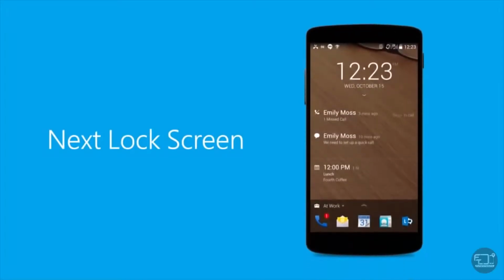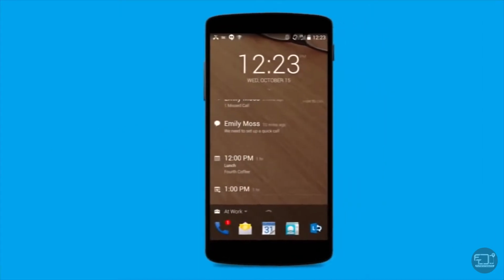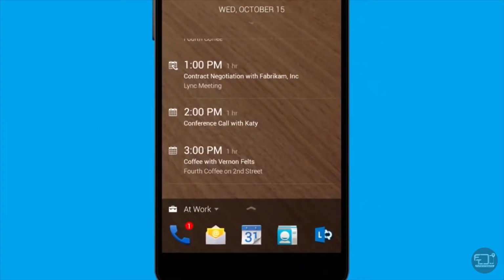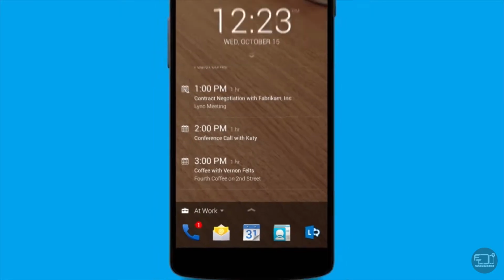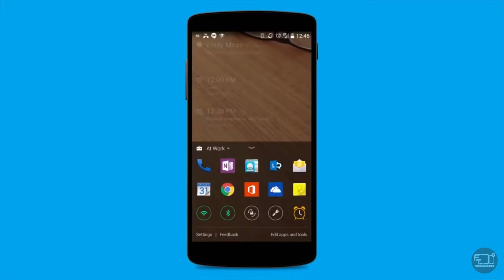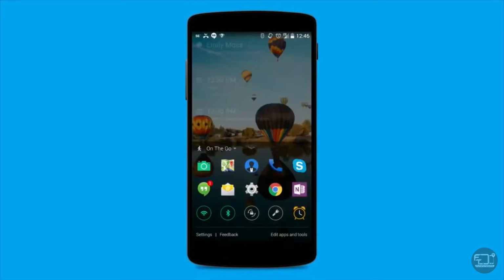Meet the next lock screen for Android. It puts everything you need right where you need it. Now you can see the when and where of your next meeting at a glance. Join your conference call with just a swipe and access your favorite apps at work, at home, or on the